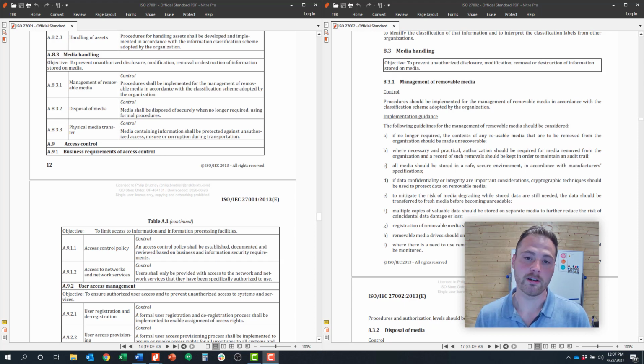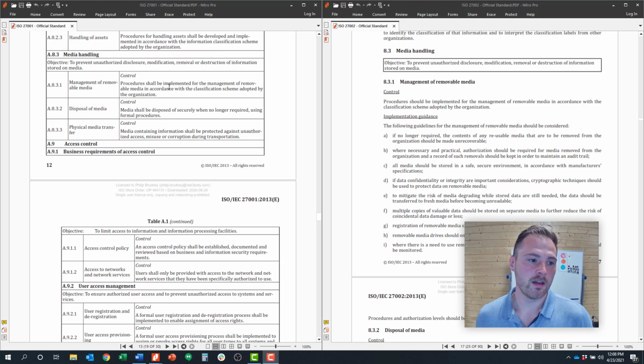And this is the control that causes some problems for organizations because they have to come up with some strategy on how they intend to manage removable media. Removable media is often things like USB devices or portable media like external hard drives. And it causes some controversy in organizations whether or not you want to allow removable media in USB devices or if you want to prohibit them. So I'm going to show you a policy here in just a second to cover off on some of those decision points and walk through that. But the bottom line is on Control 8.3.1, you do want to have a strategy on the management of